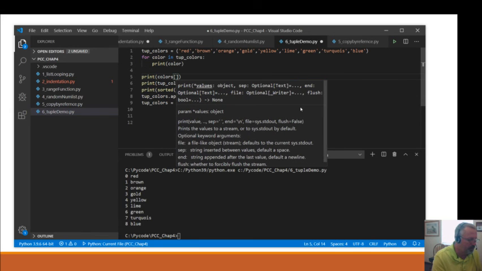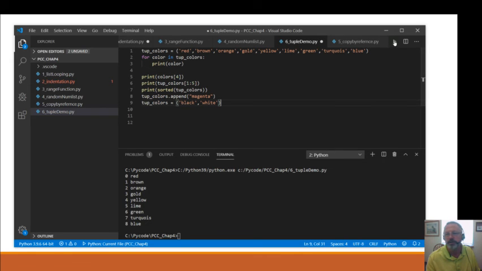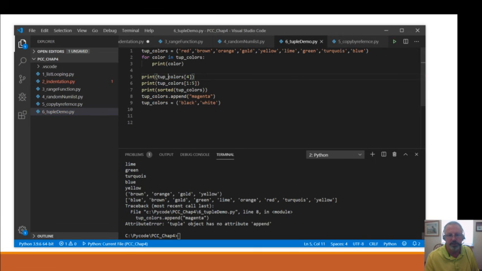Colors, and let's pick number 4. So we're picking an individual object in the colors. If we printed that, I have a little error. I have to go to tuple colors. So if we printed this, we would get,